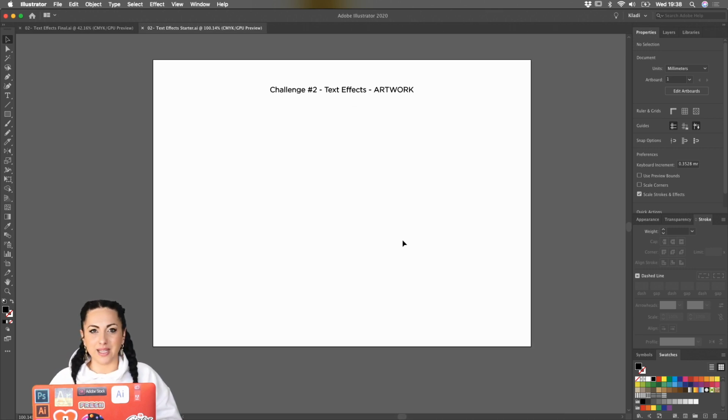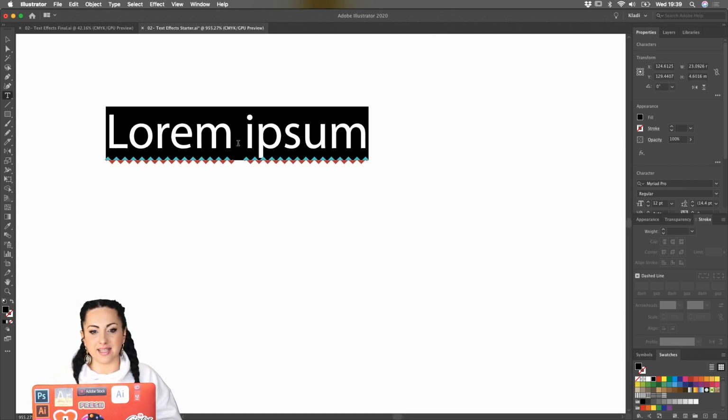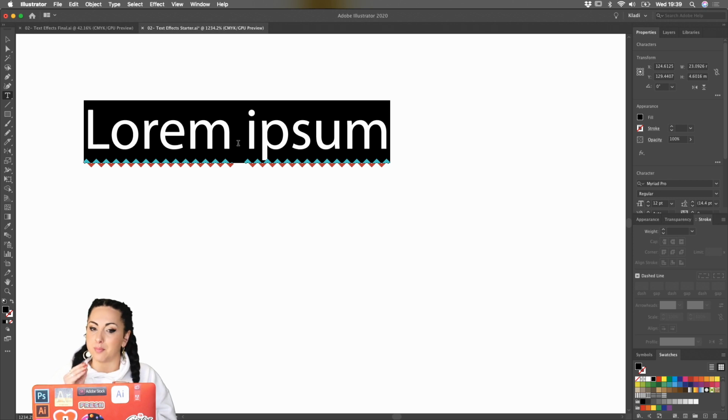So today we're going to play with some text effects and 3D rotation and masking. In order to start, I'm going to click on my type tool here in my toolbar on the left of the screen, and I'm going to click once on my screen. As you see, my text is filled with what is called lorem ipsum, which is a placeholder text. If you do not have this option and you would like it, or if you have this option and you want to